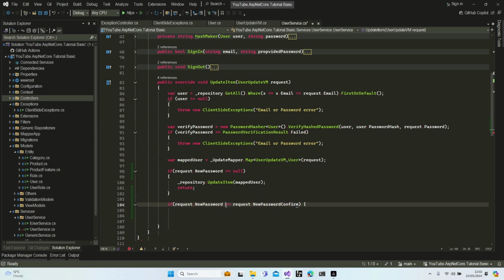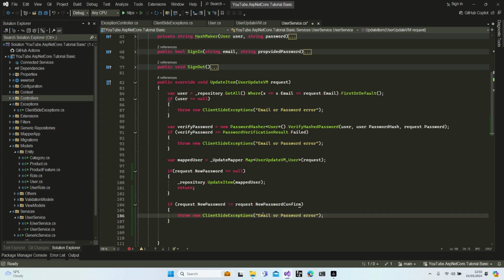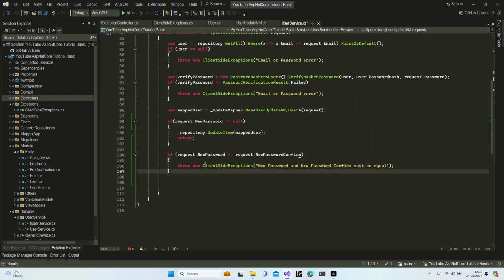Actually, let's make it not equal, and we can return an exception here as well. New password and new password confirm must be equal. Okay, if we pass this section, if they are equal,